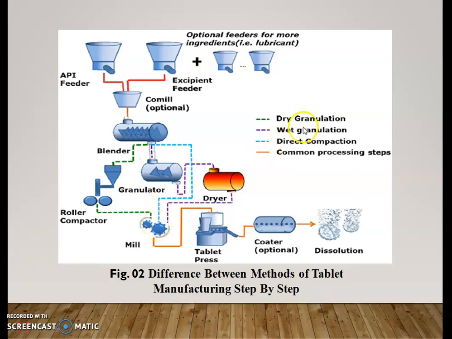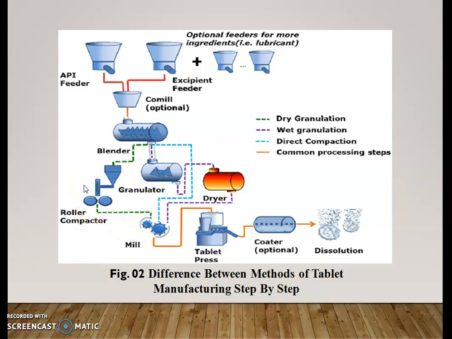Now you see the dry granulation method. In the case of dry granulation, we weigh the ingredients, then pass these ingredients through a sieve and convert them first into a larger tablet. Here you can see that after proper mixing, with the help of the roller compactor, we convert into slugs, that is larger tablets, and again mill these ingredients and finally press into the tablet. That is the dry granulation method.